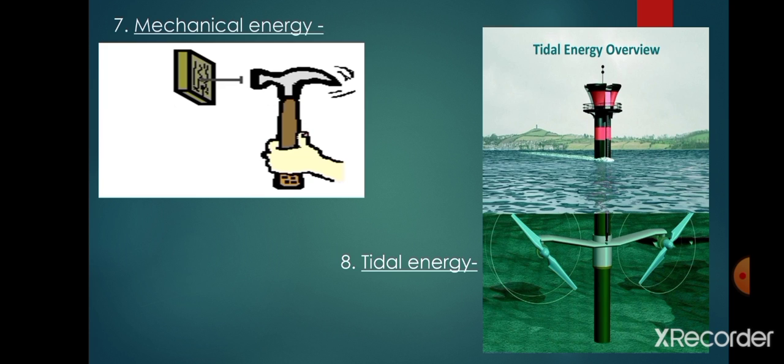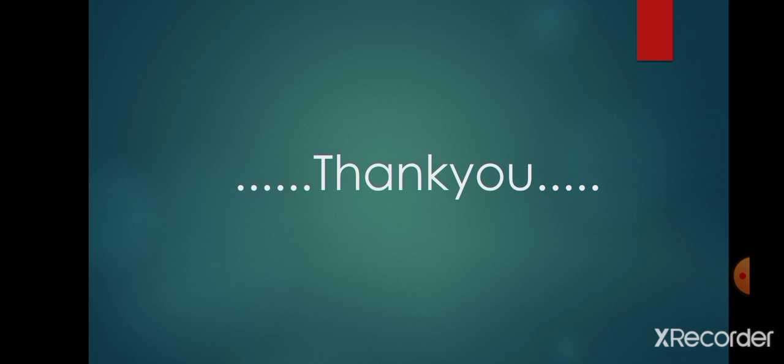Even in hydro energy, what actually happens is the water gushes in the dams and falls over the turbine, this turbine rotates and it produces electricity. So due to turbines also electricity is being produced. So these are the various forms of energy we have discussed, and we have come to the end of the